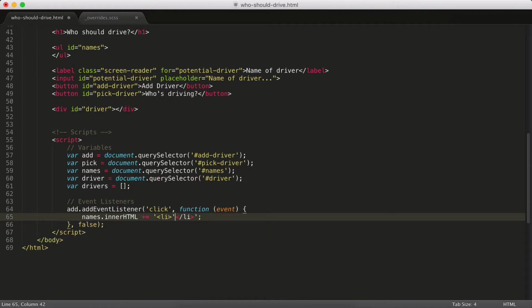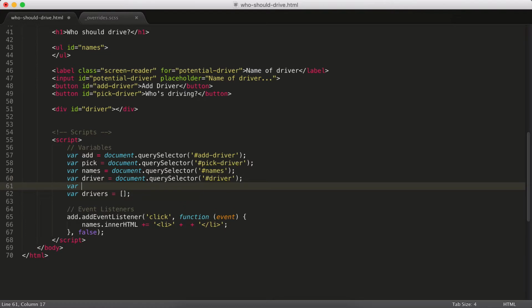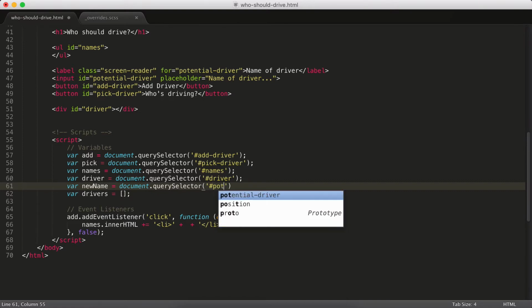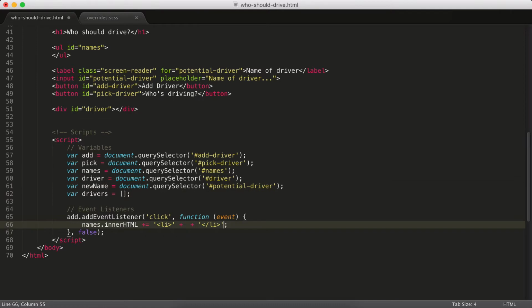and inside that we are going to grab the value from our potential driver. Actually, there's one we're missing, right? Oh, yeah, okay. So here we go, variable, just call that new name equals document query selector potential driver. There we go. Okay, so what we're going to do here is new name value,